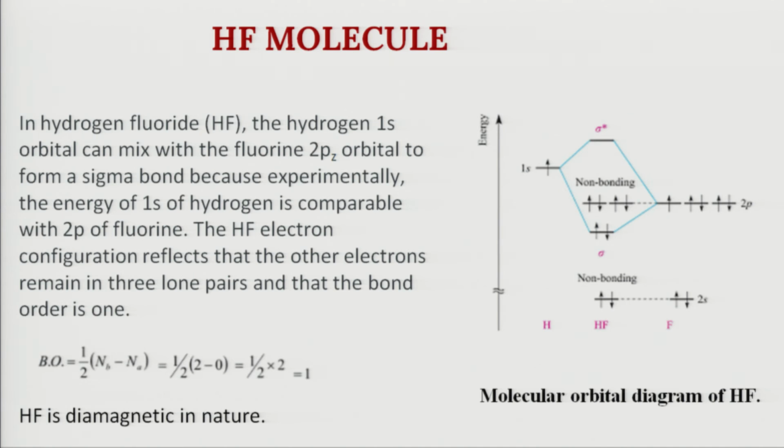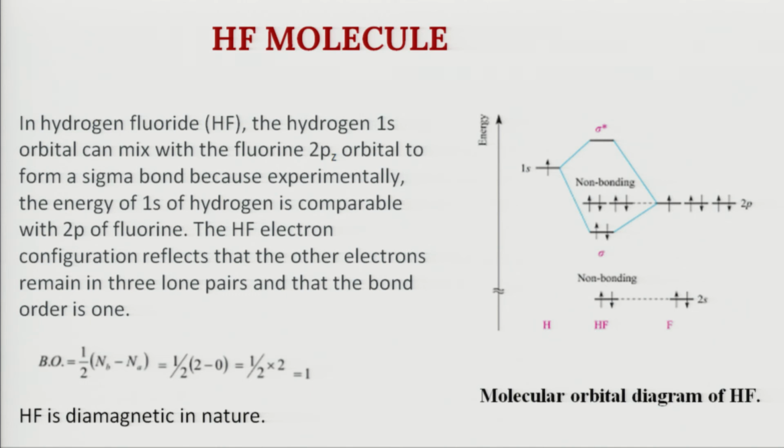There is so much electronegativity difference that the 1s of H is not even comparable to the 2p. The only effective partial overlap is between the 1s of H and